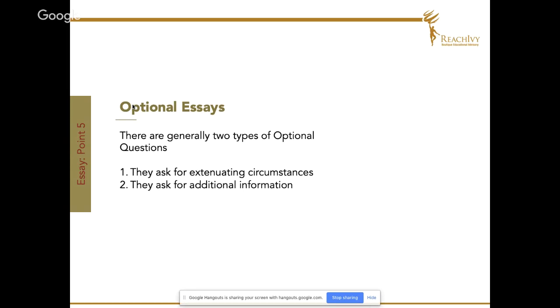In an optional essay such as this, where they're simply asking for additional information, you can always turn around and talk about a couple of other stories, the good-to-have stories that you didn't get a chance to mention earlier in the application. Or you could simply tell them about your strengths and how those strengths can contribute to that college. There are lots of ways in which you can answer this question, but you must do it. Never leave that opportunity away.